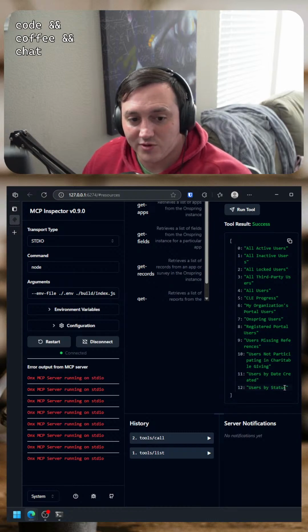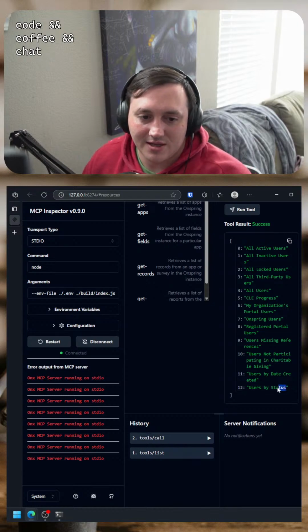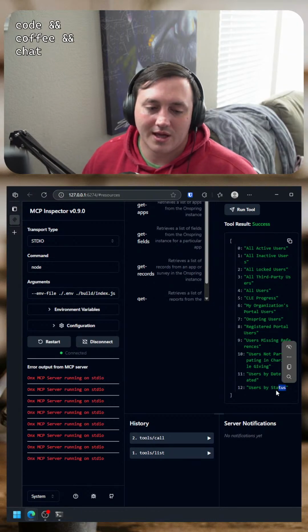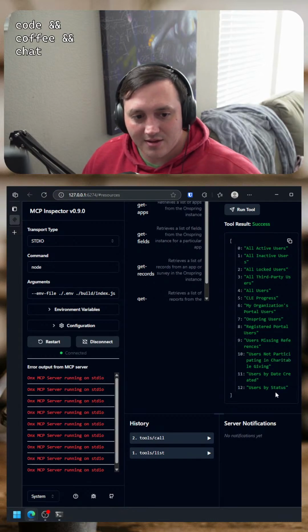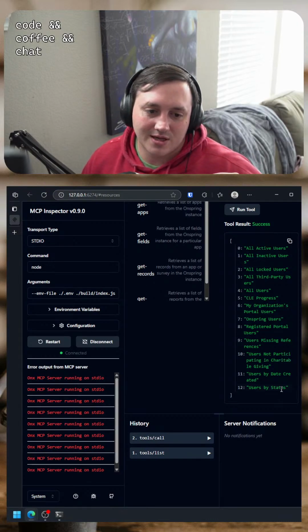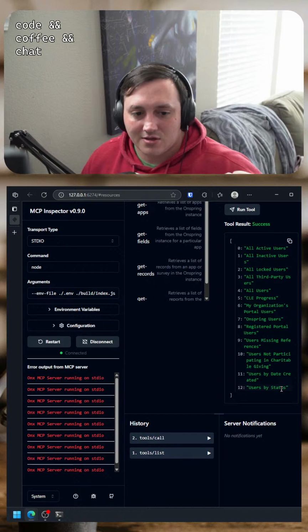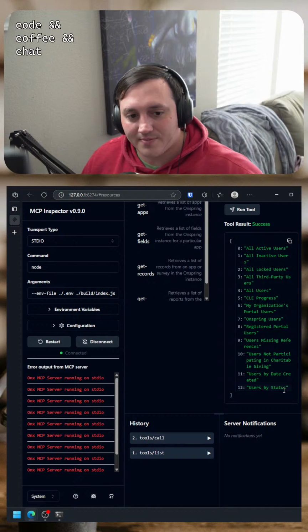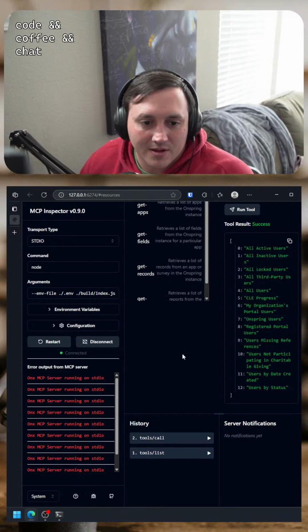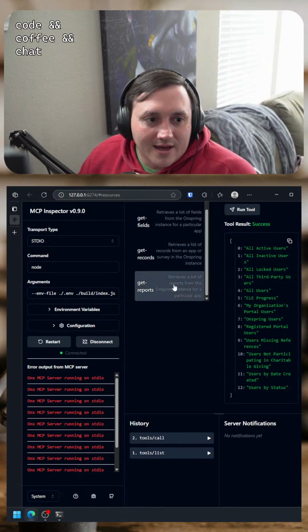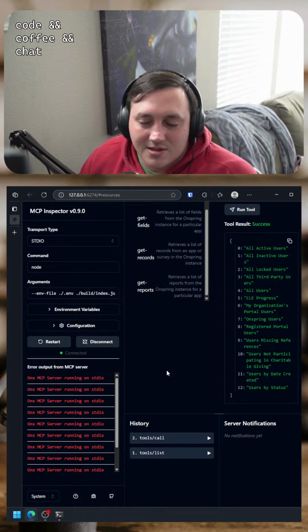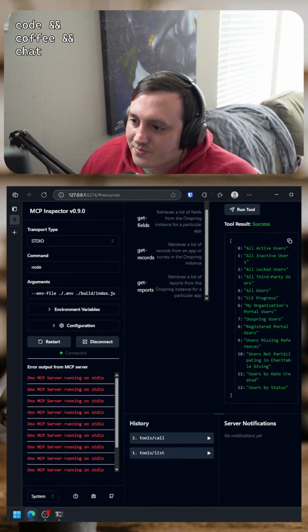Or if you know the report by name, then hopefully I'm going to build another tool that gets the report data. And so the idea would be you could say, can you please get me the users by status report? And it could just fetch it by name. So that's the next tool I need to implement, the actual data fetching.